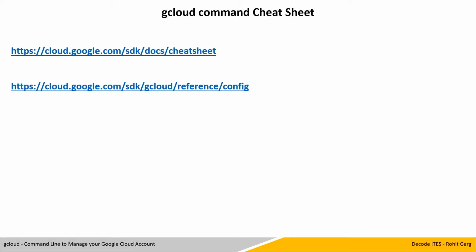gcloud command cheat sheet. gcloud has a list of commands and it's very difficult to memorize them. You can run --help for detailed help of gcloud commands and available options, and those commands and their requirements are also available on Google Cloud under the cheat sheet document. You can refer to the link below and explore what options and commands are available if you don't want to run help, or if you just want to review the available options. For this, I will take you to this page and we will review what options are available.